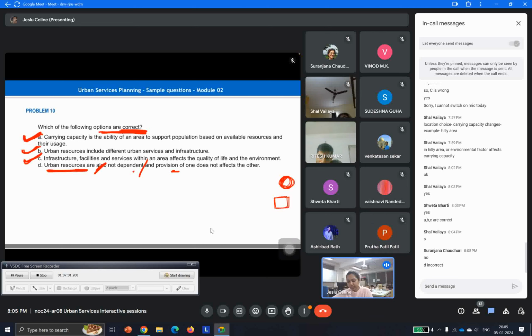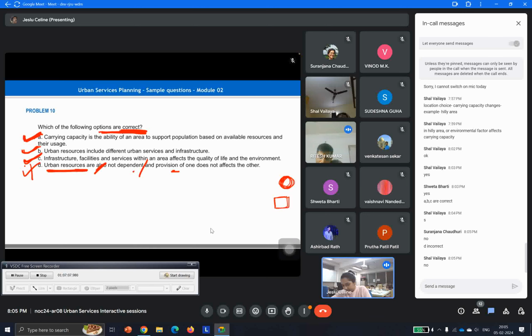D is incorrect. Yes, correct. You're right. This is an incorrect statement. Why? Because urban resources are all interdependent. We discussed this in our previous lecture also. Even when you're planning a facility, you need to plan for the integration of these facilities because they are all interdependent. For instance, let me just say that